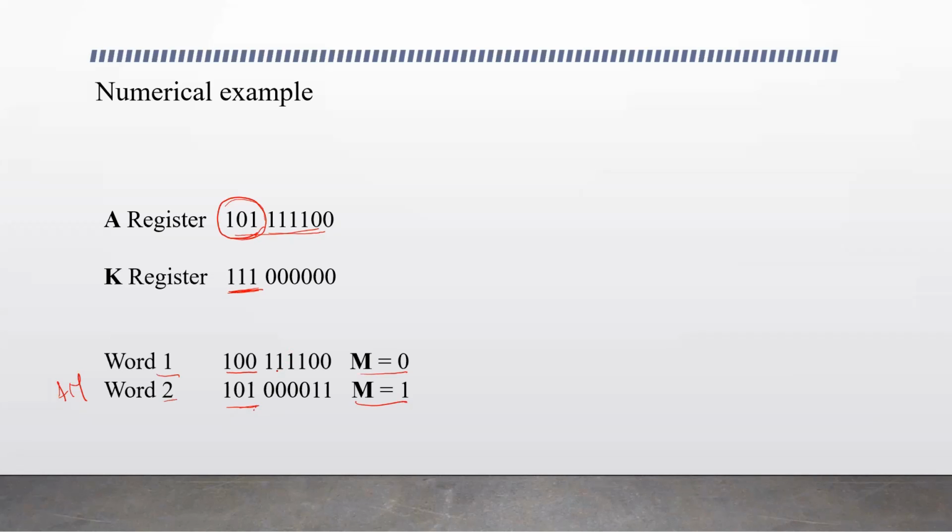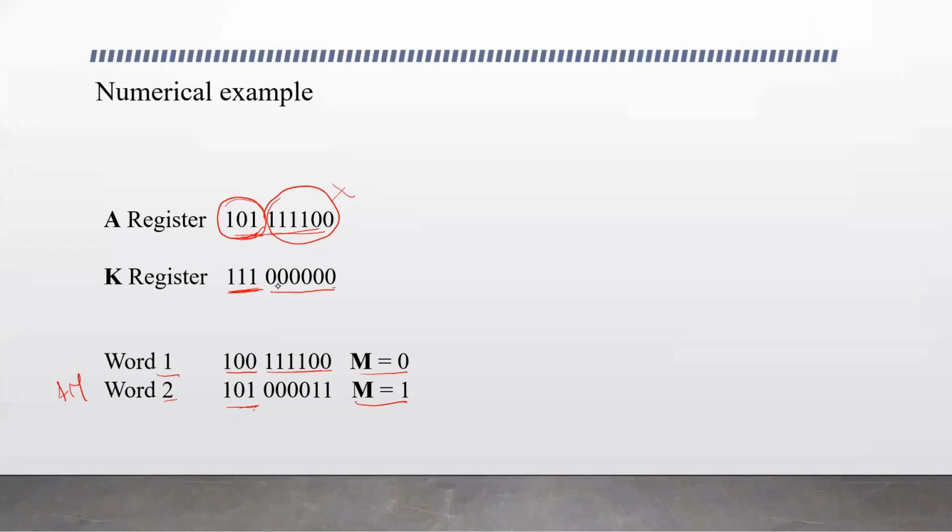We don't need to compare the other bits, because the key register bits in those positions are 0. So these bits in the content are not considered in the search. Only these bits are taken as a key to search the words in the associative memory, to reduce the search time. Every time we don't have to take the first 3 bits. That depends on the key register.